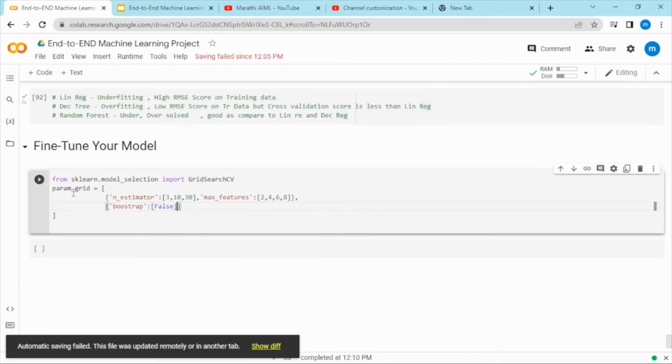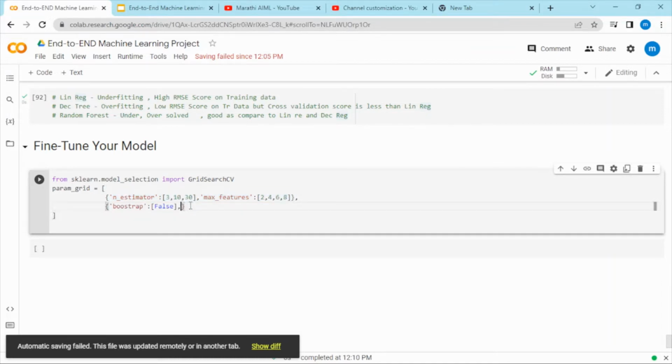There are a number of parameters you can use while training your machine learning algorithm, specifically in our case a random forest regressor. It is not always required to try many, but the mandatory ones are very important. However, you can use other parameters whatever you require. So in the first set we are using n estimators and max features. Now in the second set we are adding one more parameter called bootstrap, and we are also using n estimators. So let me copy this